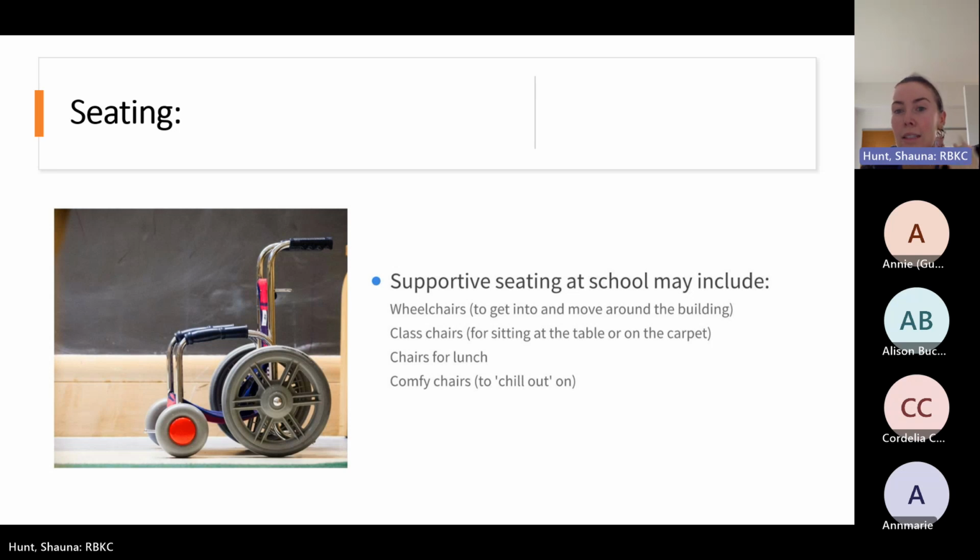Just to bear in mind also that specialist chairs may need to be moved in between the classrooms. So obviously, if the child isn't remaining in the one classroom, that will need to be considered as well, and it might need to be identified on the child's timetable that the chair needs to go with them. Just to say also that the OT, so myself, can assess the child's seating needs and make recommendations on what seating is required. And obviously, regular reviews will be needed, as the child grows, and as their muscle strength changes and things like that.